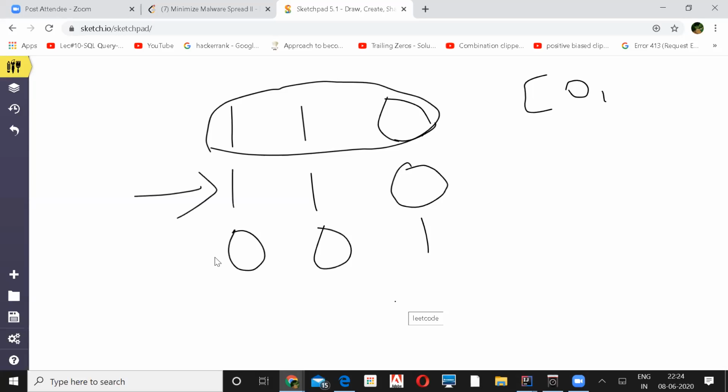You can always look at the top, bottom, left and right, right? 4 directions. Yeah. So these are all connected. So whenever you have 0 or 1, it is going to come in this island, correct? And if you come to 2, then it is a single node at the second row and second column. So that is only 1 infected.